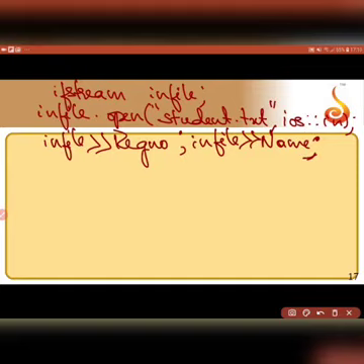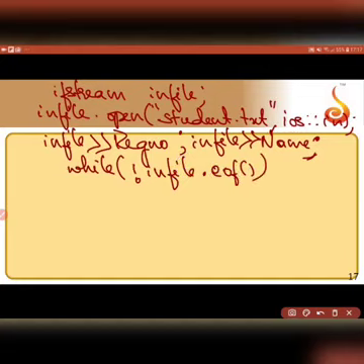Now I will read the file till the end of file is encountered. So what is EOF? EOF is a special function which returns a non-zero value, that is a true value, when end of file is encountered, otherwise it returns a false value. So when you reach the end of file, it gives a true value. So let me say while not equal to infile.eof,